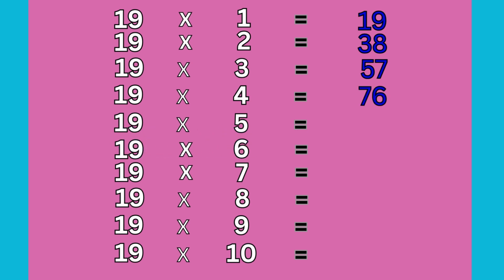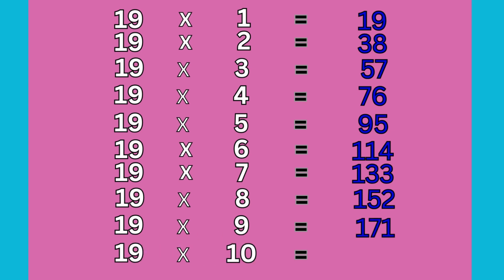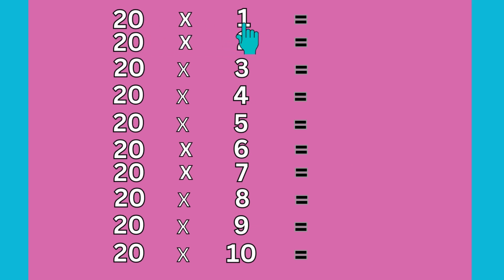19 fives are 95, 19 sixes are 114, 19 sevens are 133, 19 eights are 152, 19 nines are 171, 19 tens are 190. 20 ones are 20, 20 twos are 40, 20 threes are 60, 20 fours are 80,